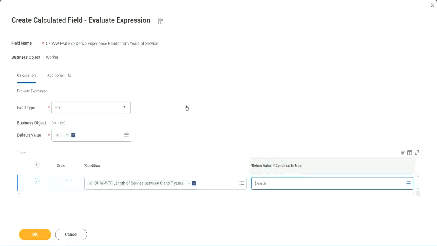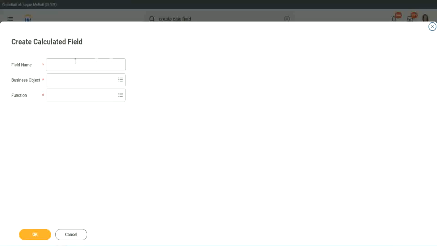Let's click on that and say create calculated field. So we will call it a CF text constant, WW amateur. And we have to also put a W, right. So business object. Now you have two options to store the business object. One is, you can use worker, of course, like the rest of the worker-related objects, or you can use